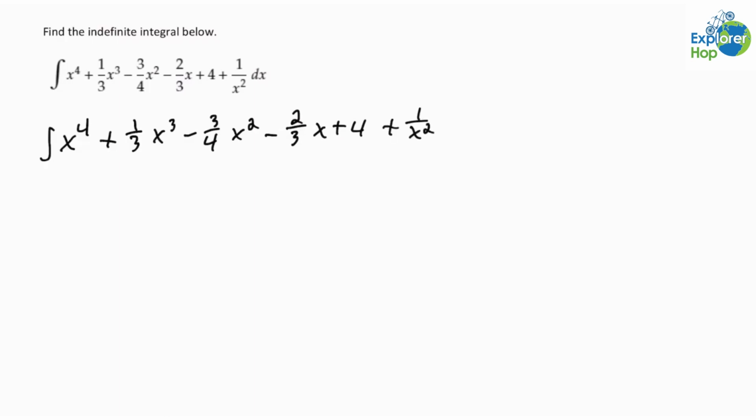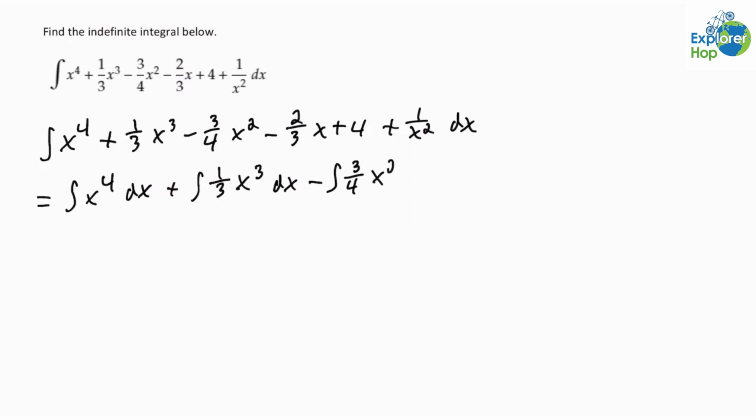So we get that the integral of x to the 4 plus 1 over 3 times x cubed minus 3 over 4 x squared minus 2 over 3 x plus 4 plus 1 over x squared dx is equal to the integral of x to the 4 dx plus the integral of 1 over 3 x cubed dx minus the integral of 3 over 4 times x squared dx